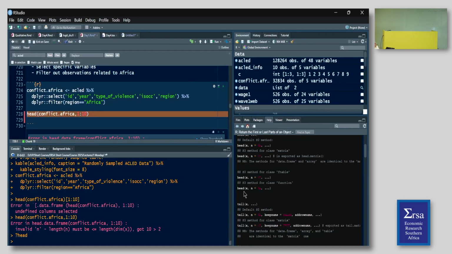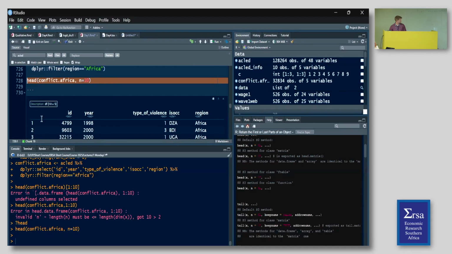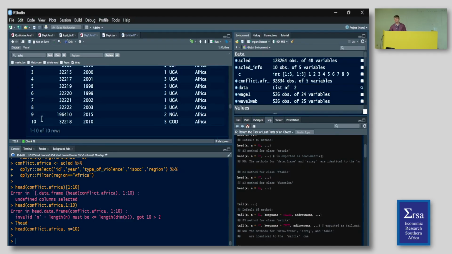Yeah, that's it. And see now it prints 10. I could do as many as I want.